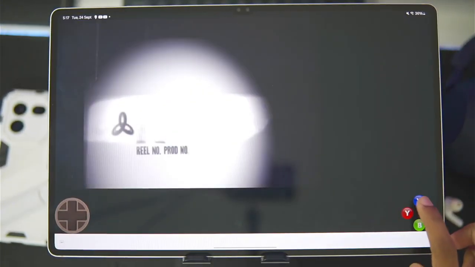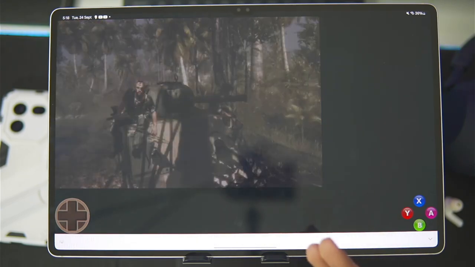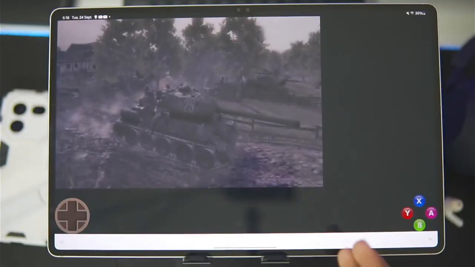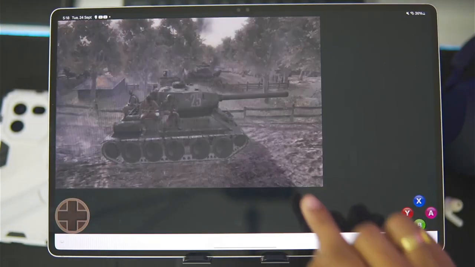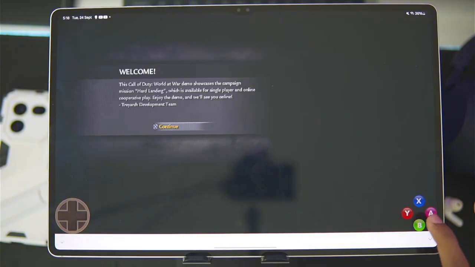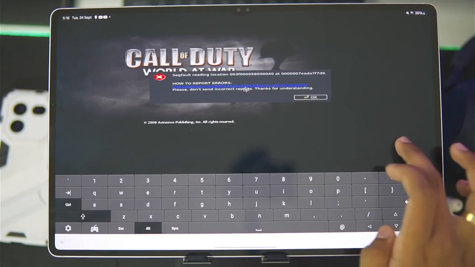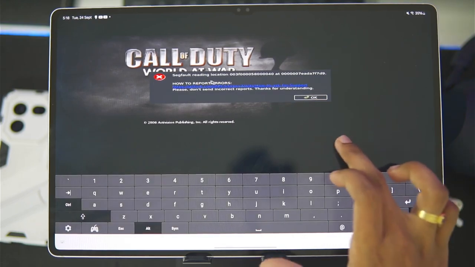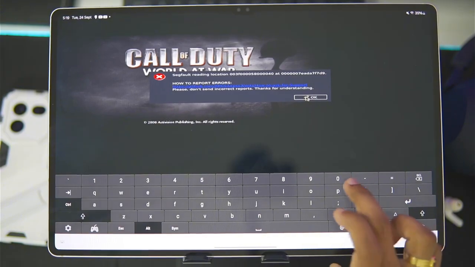I'll simply swipe back and there we go guys, our game has successfully started, and immediately you guys will be able to see during the cutscenes the game is lagging quite a lot. Just take a look at this, it must be about 3 to 4 FPS or 3 to 5 FPS, nothing more than that. I'll press the X button multiple times and there we go, we can simply tap the start button and you will be able to see it. It says segfault reading location, and unfortunately the game has forced stop,